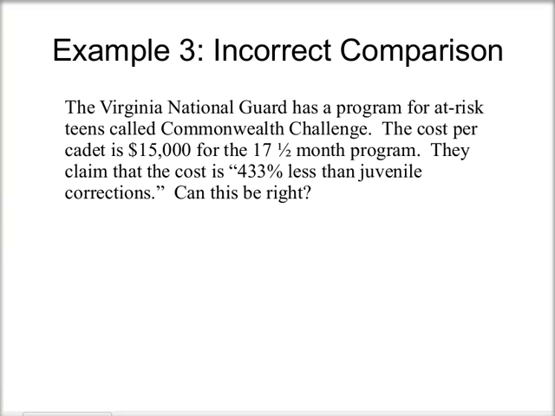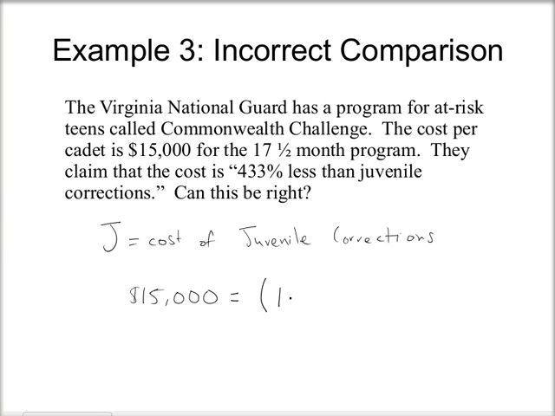Well, according to what I just said about the meanings of percentages, if J was the cost of juvenile corrections, then this would mean that $15,000 is 433% less than J. So that is 1 minus 433 divided by 100 times J,